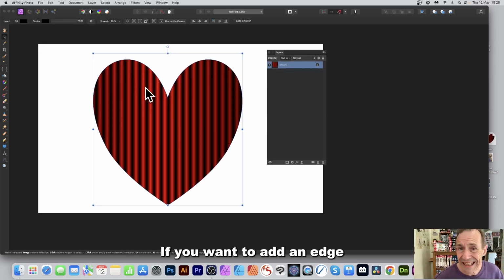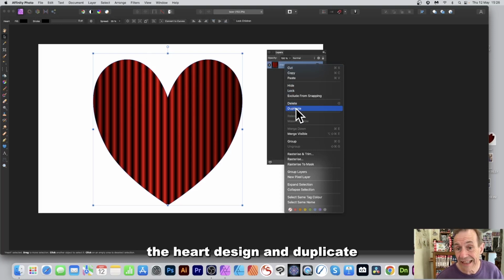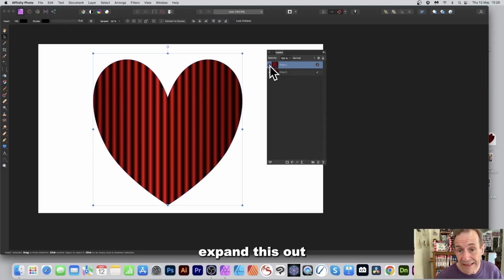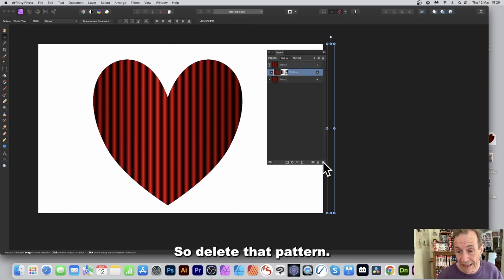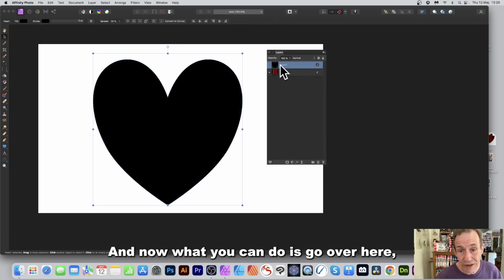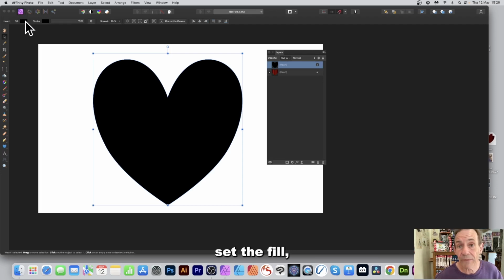If you want to add an edge to this design, just go over here to the Layers panel and right-click the heart design and duplicate. Expand this out and you can still see the pattern. I want to delete that. So delete that pattern. And now what you can do is go over here, set the fill